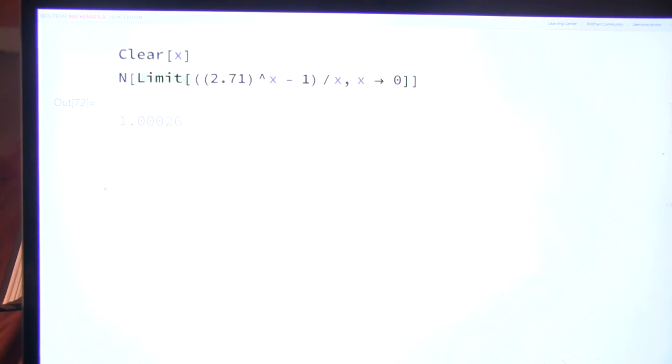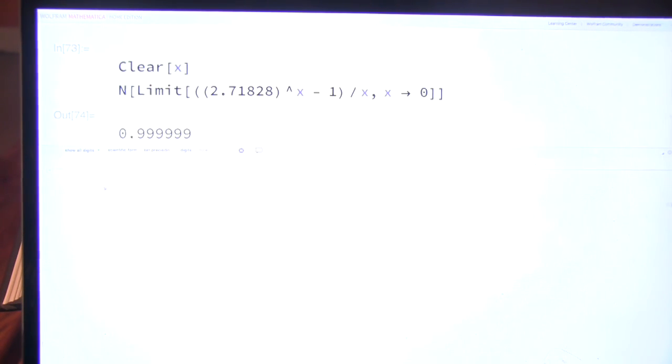And this is close to e. Yeah, it sure is. And then 2.71828. Yeah, you accidentally put two 8s in there. No. It's very close. Yeah. So one way of defining e is to say that e is the value where this